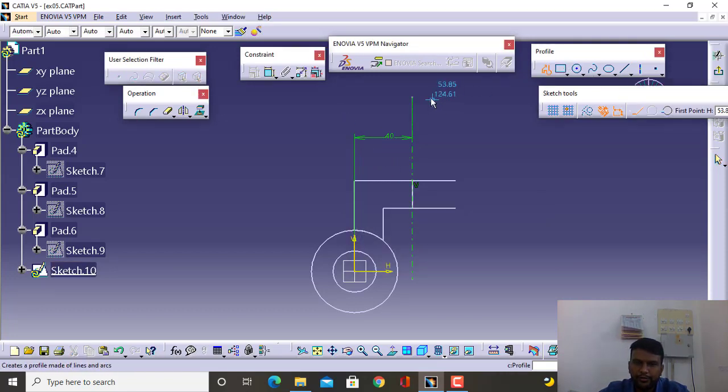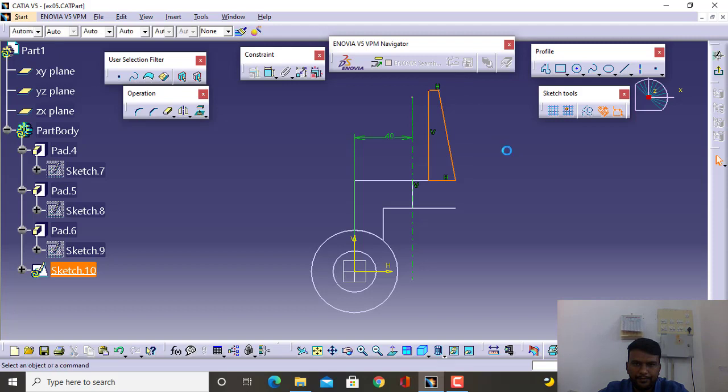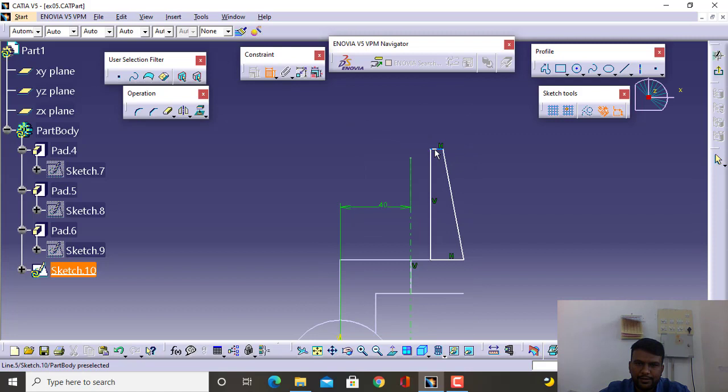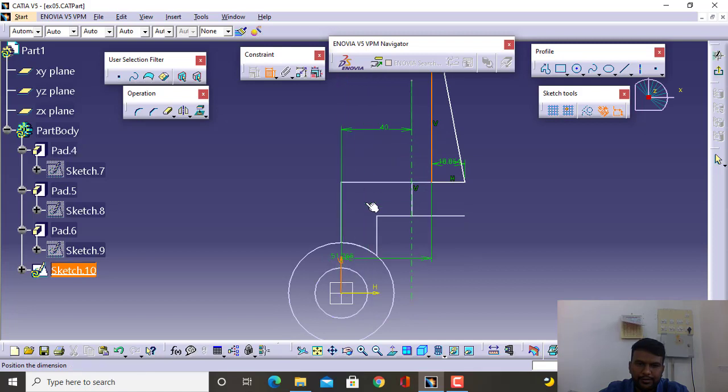Now take a profile tool, create a line here, then the horizontal line, again the vertical line, and close it. Next is define the dimensions. This dimension, this one, and the next dimension is from this point to the axis.